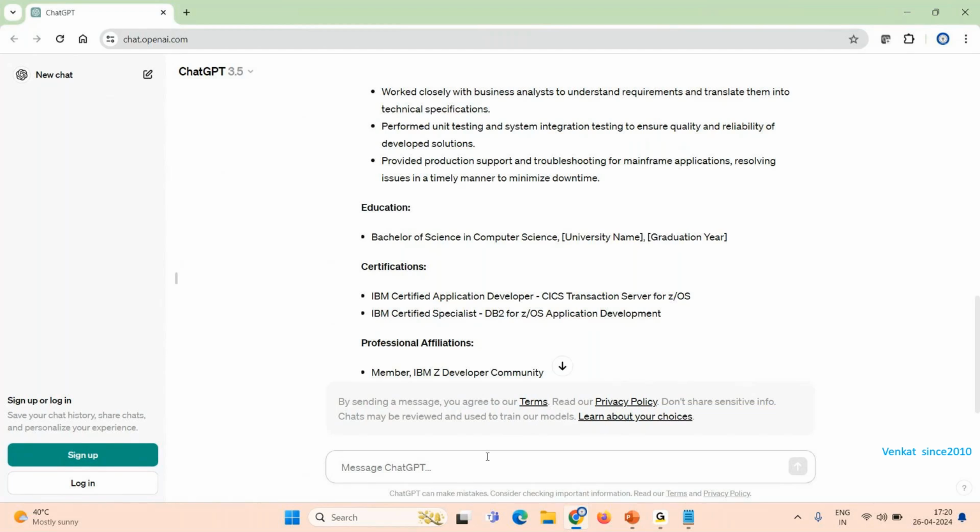So I will show you one example here. I'm a mainframe developer. I'm not writing in a full-fledged way, in the sense not proper sentences. Just I'll give rough information. I'm working as a mainframe developer now. My experience, I'll mention. So I have 10 years experience. Okay, initial years